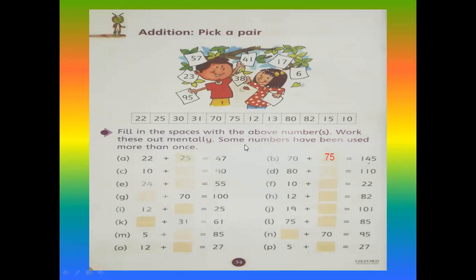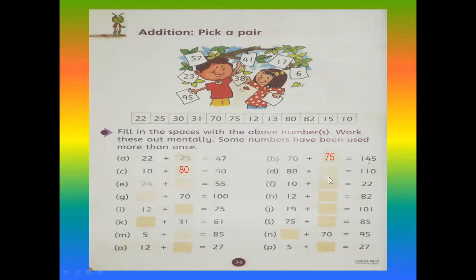70 plus 10 is not 8, look, it is 80. So after 80, count 81, 82, 83, 84, 85, 86, 87, 88, 89, 90. So the answer has come. It means the second number is 80. And the second method means you subtract 90 minus 10. 90 minus 10, you can get the answer. If you can subtract, it is easy.